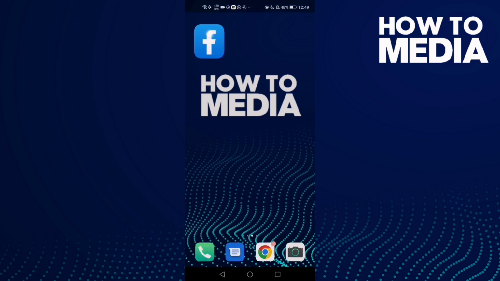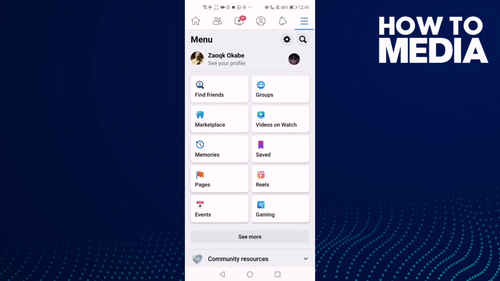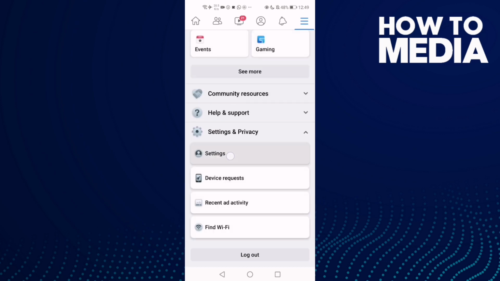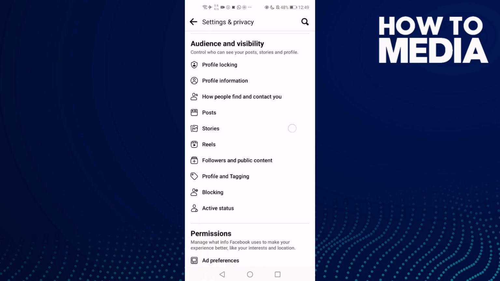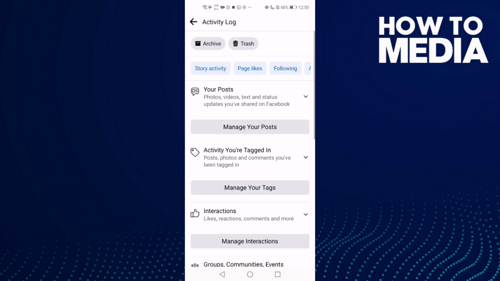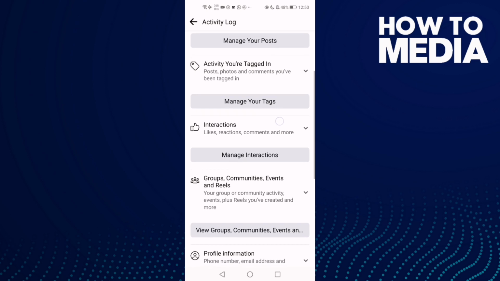First thing you're gonna do is go to Facebook and then click these three lines here and go down until you find settings and privacy, and then click settings and then go down, and here you will find activity log. Click on it and go down,